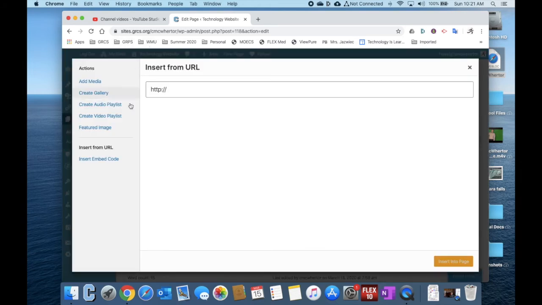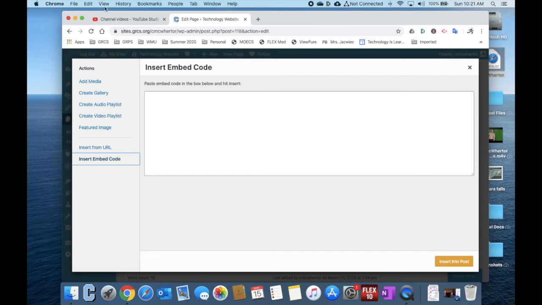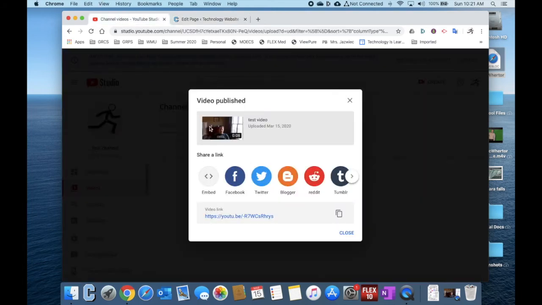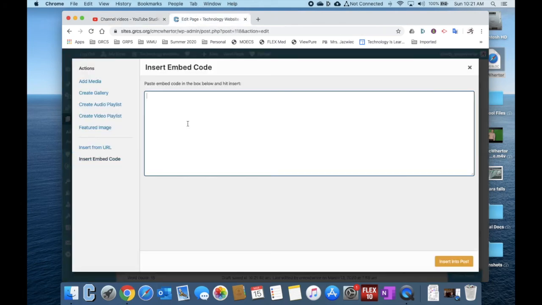I will show you real quick how to do the embed because I want to show you just how to make it smaller. So if I go to insert embed code instead, it gives me a box here, and I can go back to this YouTube published video window and go to the embed. I'm just going to copy the whole thing. Copied, go back over here and paste it. And now here as long as you keep the width and height proportional, it should be pretty easy. So if I'm going to cut them both in half, so I'll do 280,